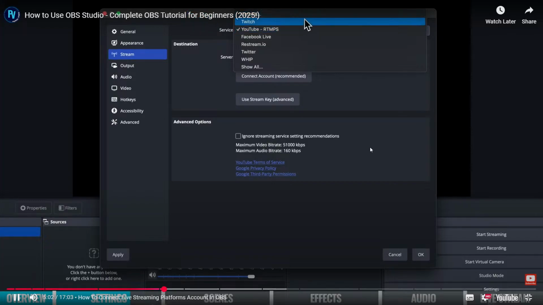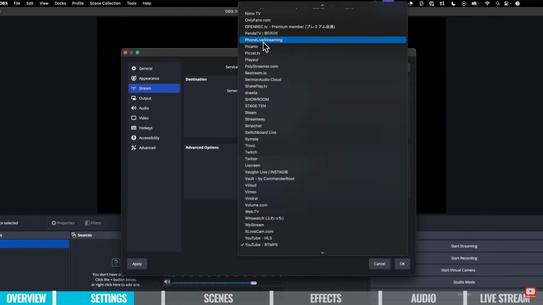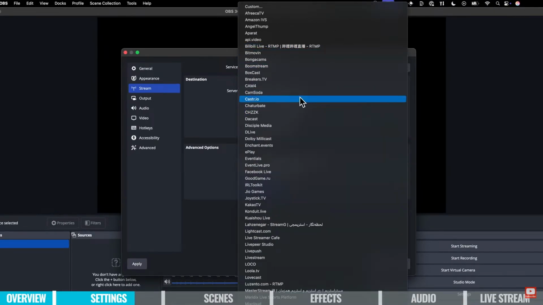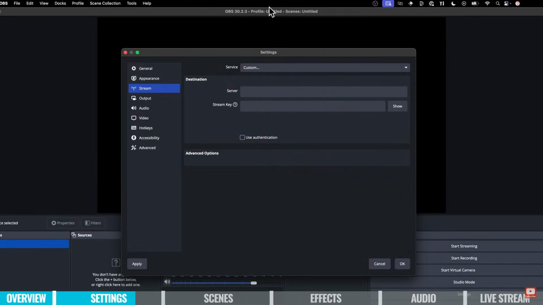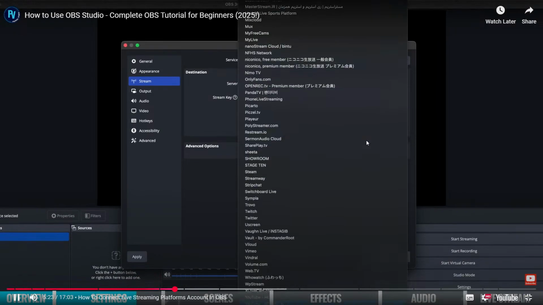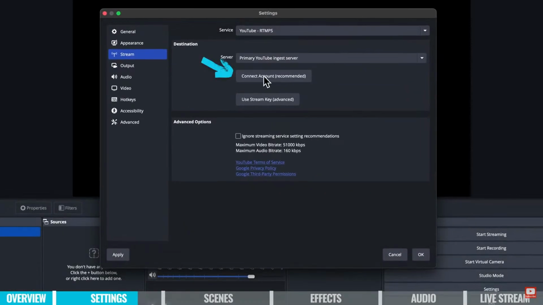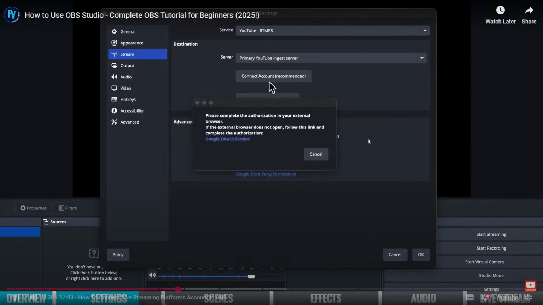Streaming to, and obviously create that connection to be able to go live. So we can see here the default for us here is YouTube RTMPS, but you've also got things like Facebook, Twitch, Twitter, and a lot of others. If we hit show all here, it becomes a really big list. There's lots of different supported places, or we can choose custom and we can enter our own settings here to broadcast to other places as well. But in this case here, I'm going to choose YouTube, and then we can just click here to connect our account. It'll then prompt us to sign in with our YouTube